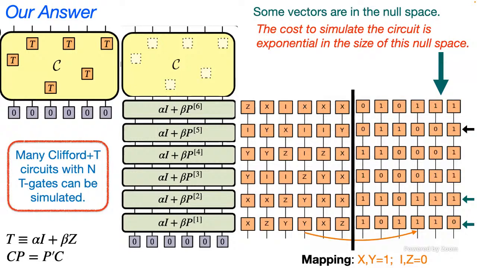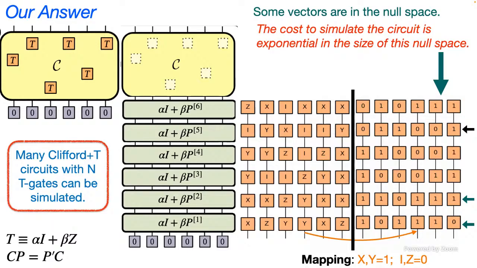And I can write out at this point a matrix of these Paulis. Pauli 1 is XZ, YY, XZ. Pauli 2 is XXZ, YXX, etc. And then I can just turn it into a matrix of ones and zeros. This is just a matrix over F2, right? I can do linear algebra on it, I can compute its rank, I can compute its null space. To simulate this circuit classically is exponential in the null space of that matrix. And because many 0-1 matrices are essentially full rank or nearly full rank, there are many cases where I could simulate this efficiently.